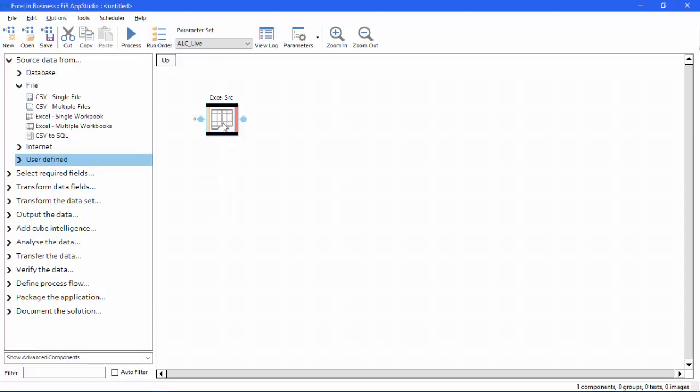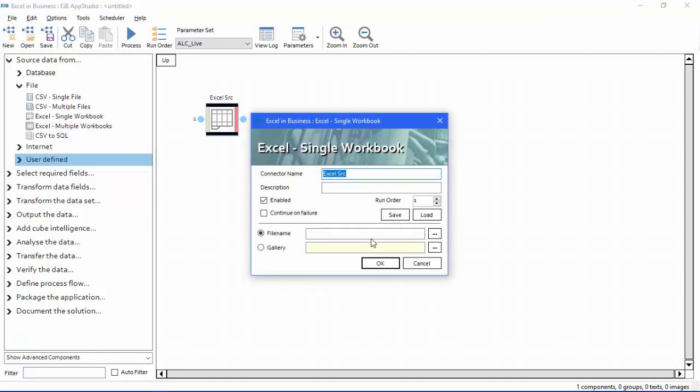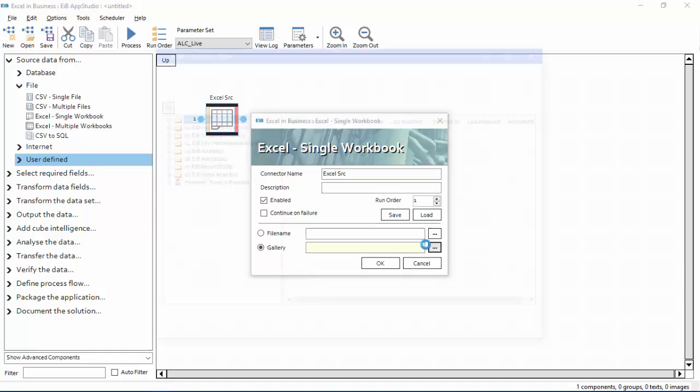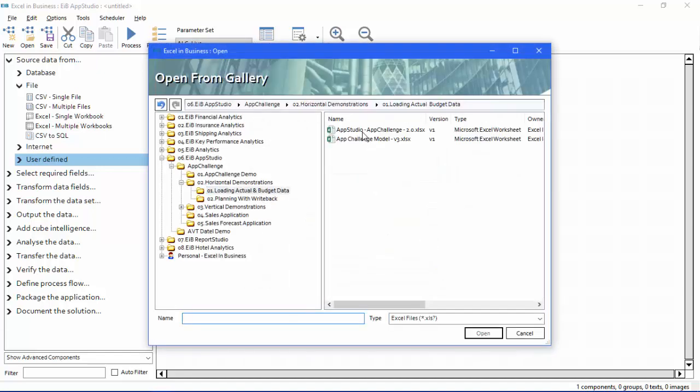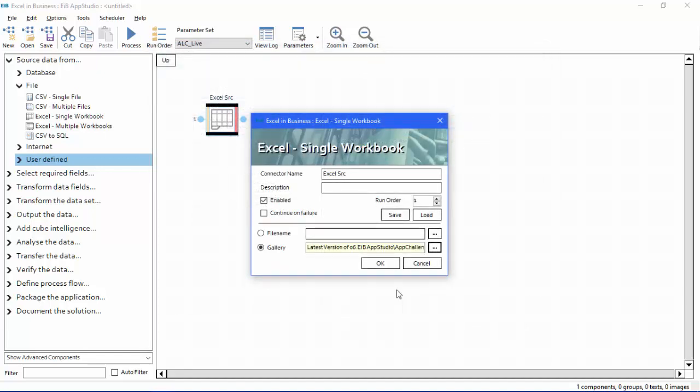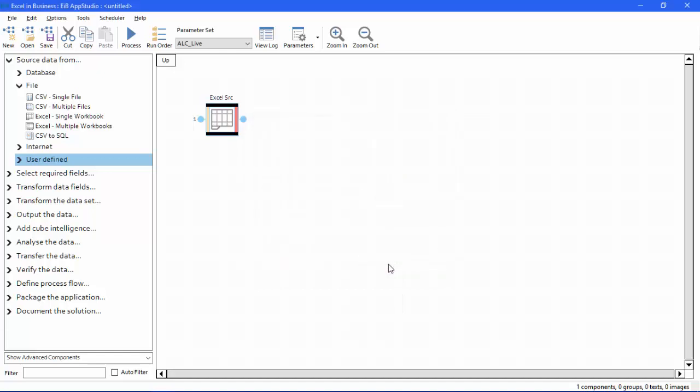But that's just telling me I've got to get some workbook from Excel. Well, the obvious question next is, what workbook? I can pick a workbook that exists on disk, but in this case, I said I stored the workbook in the gallery, so I can pick it from there, and the one I was interested in was the AppStudio App Challenge one. So now I've loaded that entire workbook into the palette,